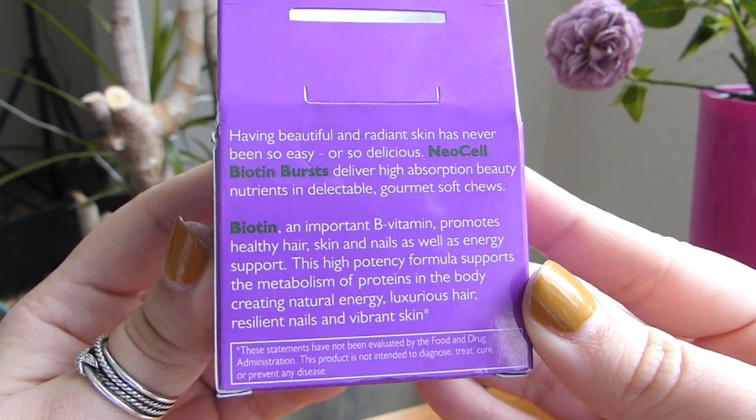They tasted fine. They were a little gritty, but a lot of people told me that I should be really scared of these because for some people they cause really bad breakouts. Thankfully, I didn't break out from these. They were fine. I really didn't notice anything when I was eating these or when I stopped eating them, so I'm not personally going to buy them, but a lot of people do say that biotin really helps with your hair and nails and everything. I don't know, is that...